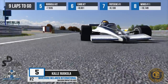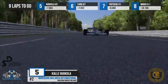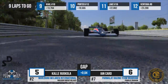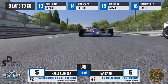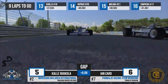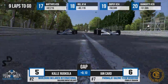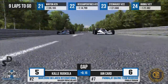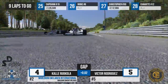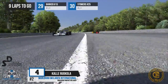Lepistö, Victor Rodriguez, Kalle Ruokola, Ian Card as he pulls alongside Kalle, and also Gernot Fridge in that battle as well. Let's actually look at those guys for a moment. They're running side by side once again, and Gernot, when will you start to thread the needle? Against the usual habit, you can actually go over the middle bit, the higher bit with the Lotus 79 here, but I wouldn't do it. As they come up to the car of Victor Rodriguez, Kalle goes outside of him, then it's Ian Card on the outside of Gernot Fridge, and this pack is coming towards Mulsanne corner, and amazingly, it